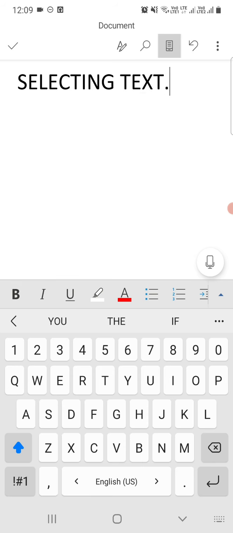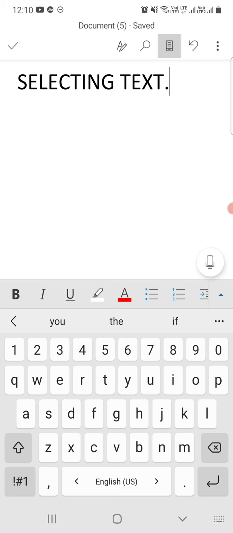Okay, now you can see the email, the letter is in capital letter, right? So that's why we need to change the capital letter to small letter. So just from your phone keyboard, there is a blue up arrow. Just click on that. It will show you the lowercase. Okay, selecting text. We have already written the text in capital letter.